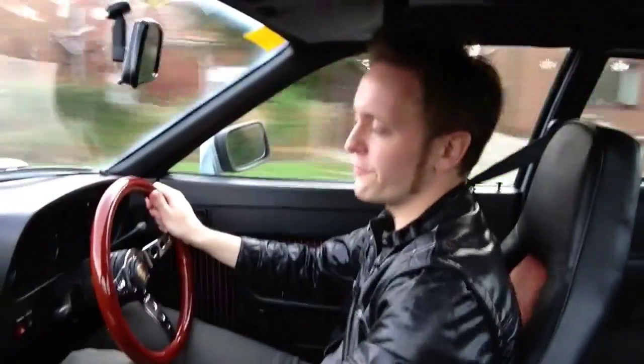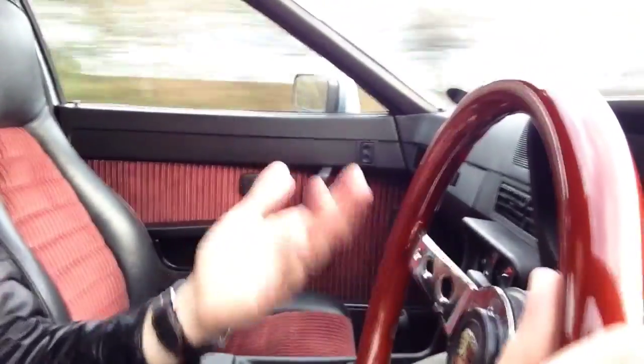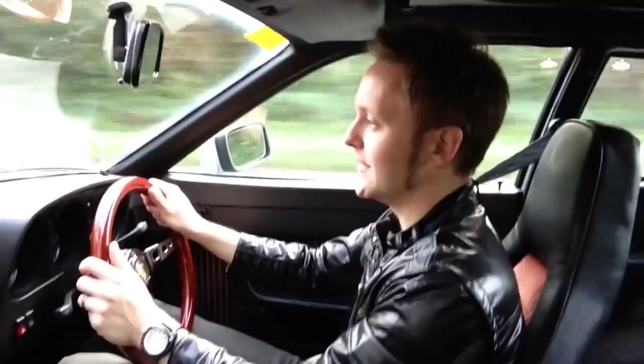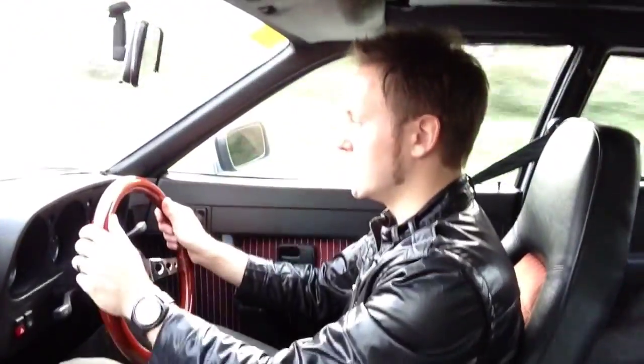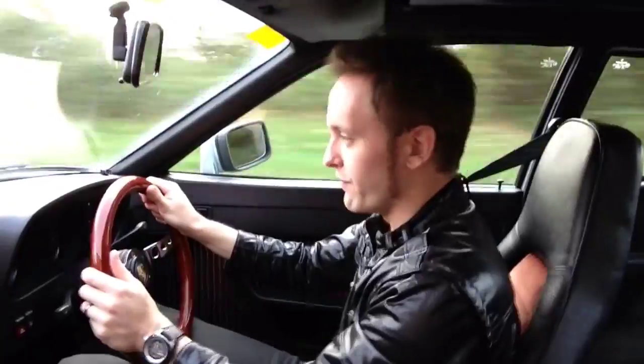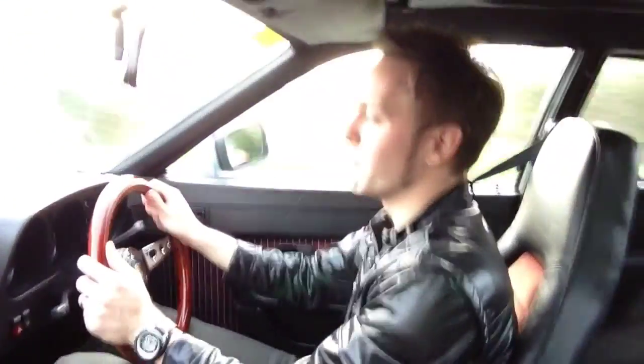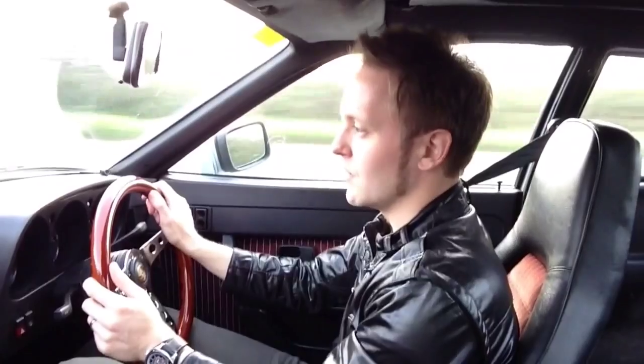There were essentially four models in the 924 range. The NA, or naturally aspirated entry-level model like this one, has a 2-litre 125 brake horsepower engine that it shared with the Audi 100, hence the VW tie-up. Then came the S with the 2.5-litre Porsche engine that it shared with the early 944. 150 brake horsepower from that one through to 170 brake horsepower if you plumped for the 924 Turbo,